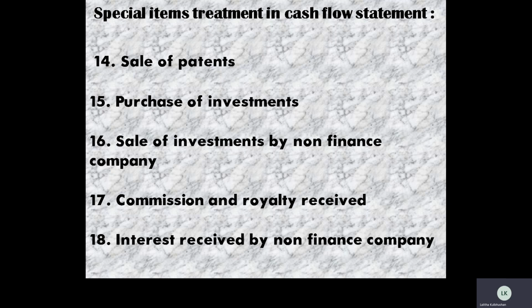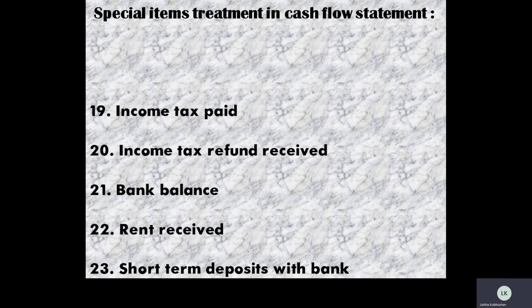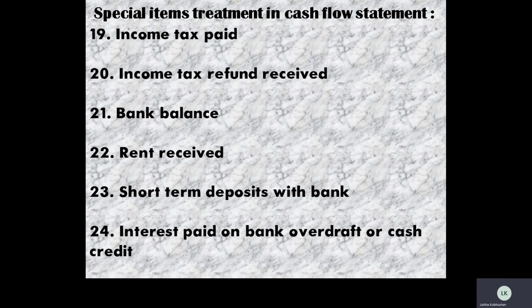One under the operating activities, we will be showing it as a deduction, as a non-operating income, and the next we will be showing it under investing activities, where it will be added. Now after that we are going to discuss just the last few items remaining.